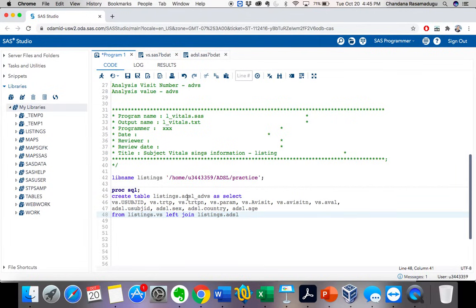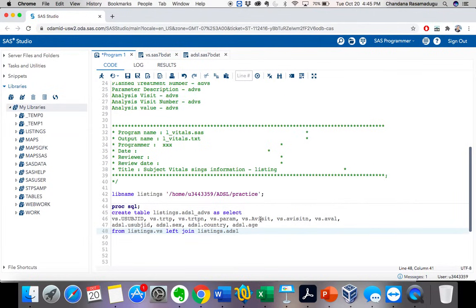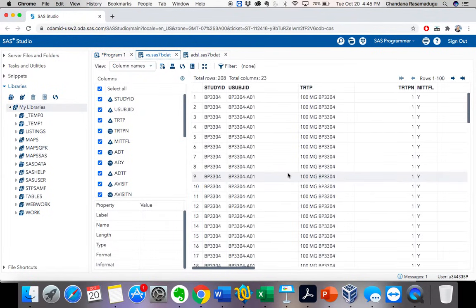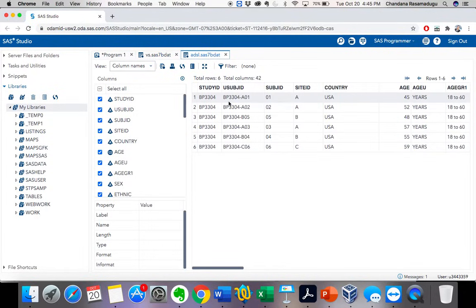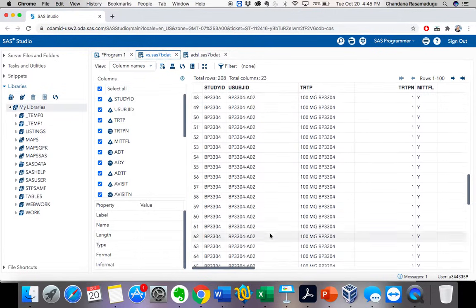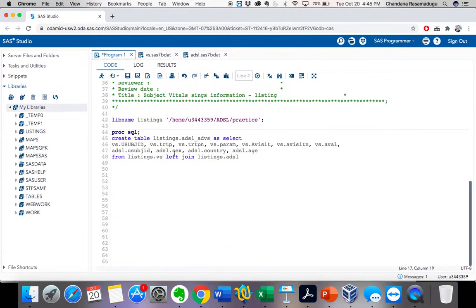So when I want to combine these two dataset values, what is the common variable that I have in both the datasets? Subject identifier is the common variable in both the datasets. Let's check it. See here I have USUBJID, and here also I have USUBJID, which contains BP 3304801. I have the common values here, and here also I have the same common values. So that's why I want to join these two datasets only when USUBJID is equal.